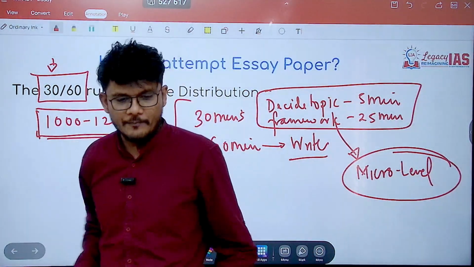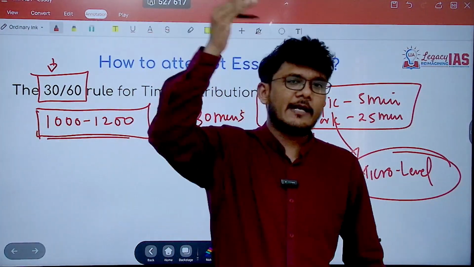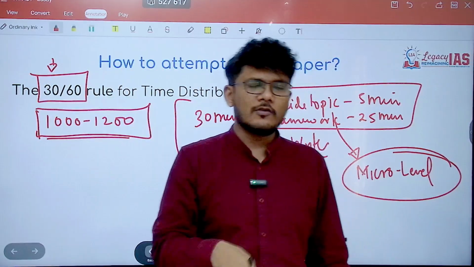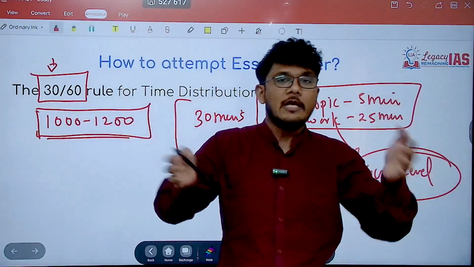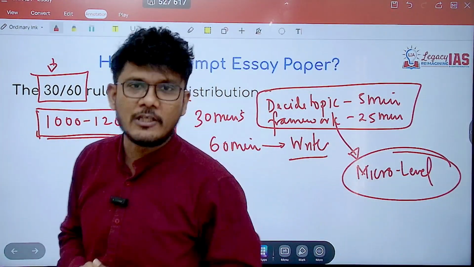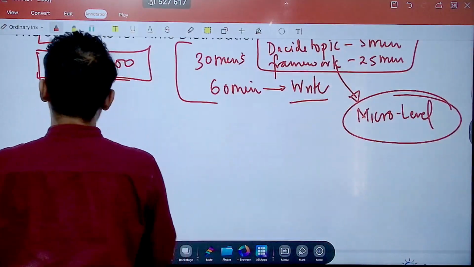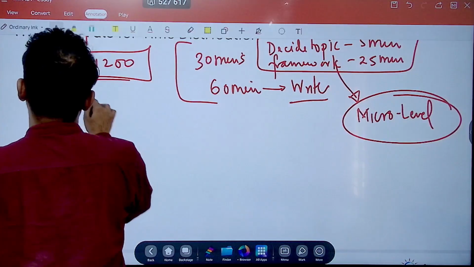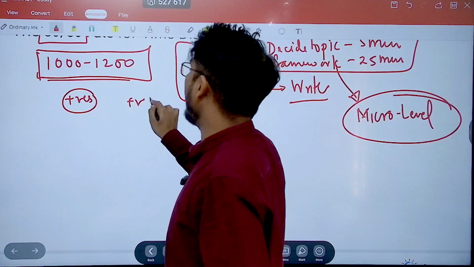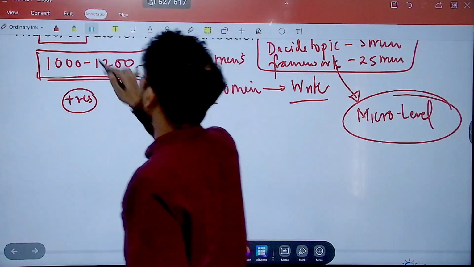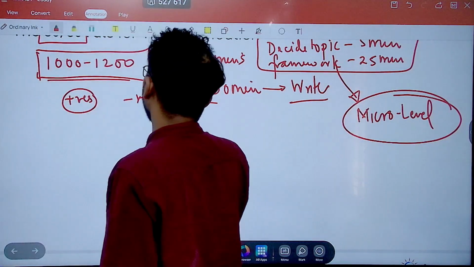Micro level of structure. I'm not saying it should be like, I'll write the provisions, then the positives, negatives, solutions, challenges, the way forward, and conclusion. No, this is not the 7-8 pointers that I'm mentioning. Let me give an example of what I'm trying to say. If you are writing the positives of something, you should not just write, okay, I'll write positives, I'll write negatives. That should not be the case.